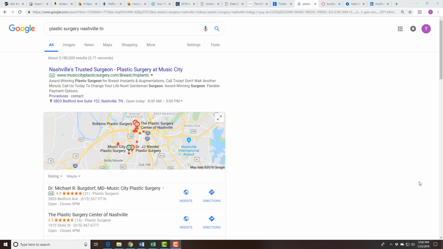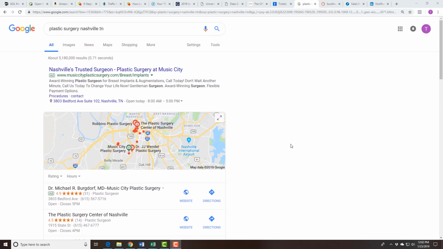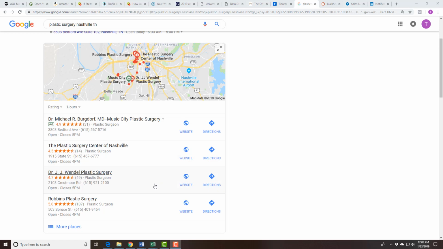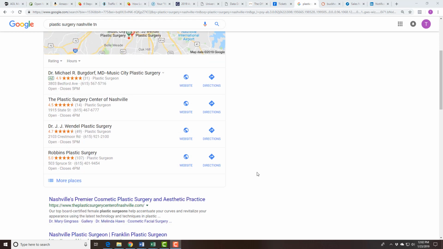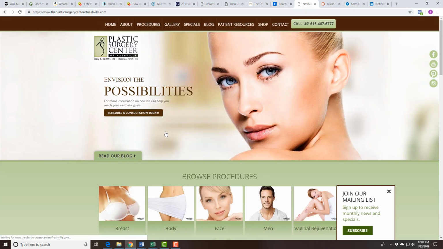So the first thing we want to do is to scroll down, and don't worry about the ads or the 3-pack, 4-pack in this case. We just want to go to the organic listings and start looking at these listings. Here's the Plastic Surgery Center of Nashville, and click on it. The first thing we want to do, and I'm going to install this on the Chrome on the